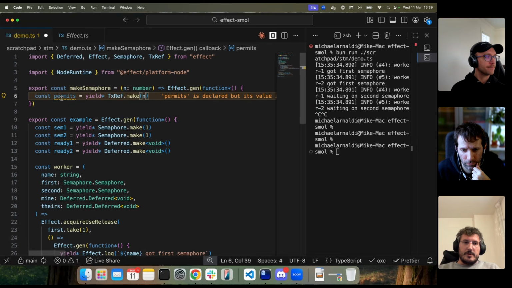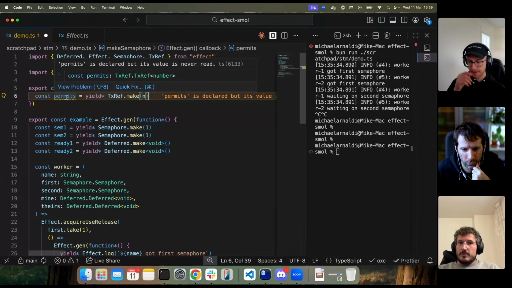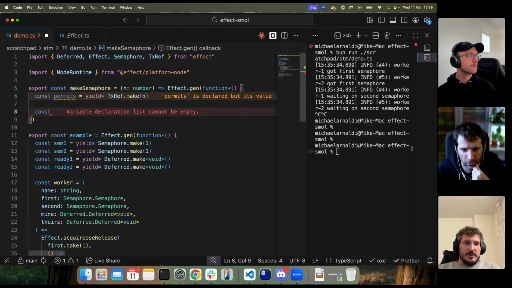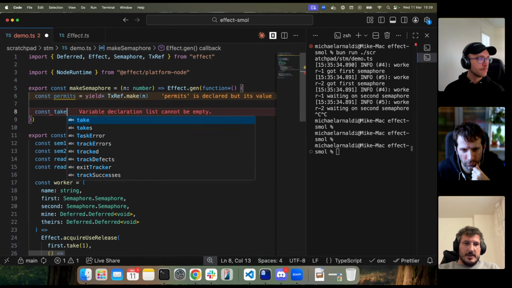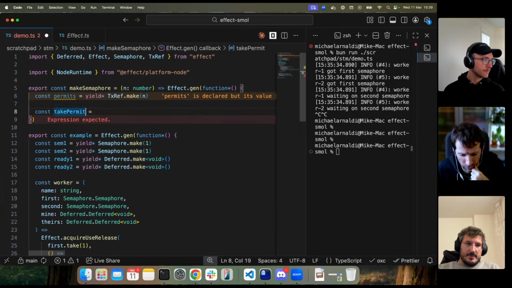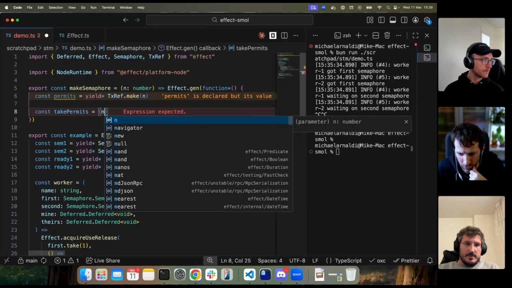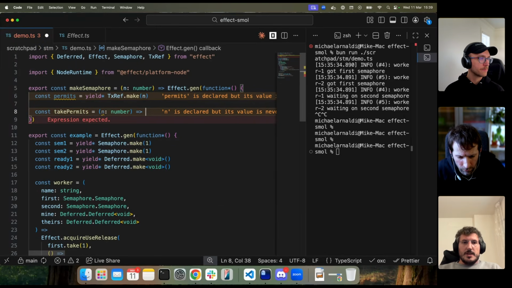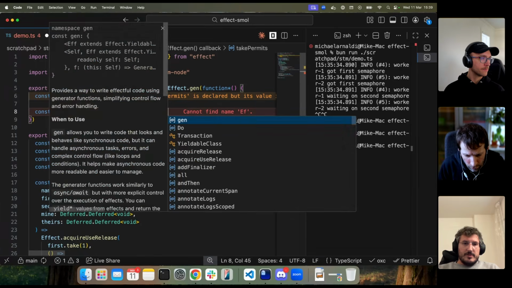We're creating a reference that keeps track of the number of permits. Then we have a constant take permit. And here we say